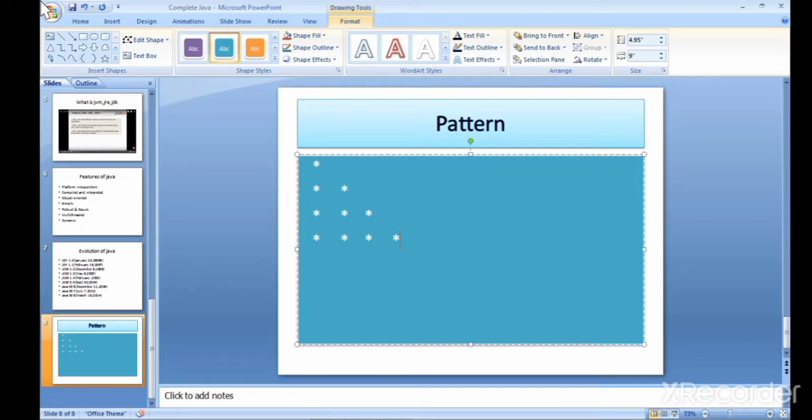जावा में पैटर्न क्या होता है। पैटर्न जैसे ये है, ठीक है। इस पैटर्न में रो हैं 1 2 3 4, ठीक है, और कॉलम है 1 2 3 एंड 4। तो इसका प्रोग्राम लिखेंगे अपन पैटर्न का।